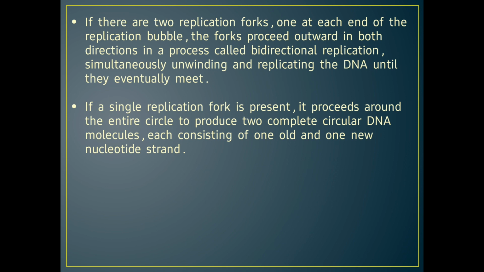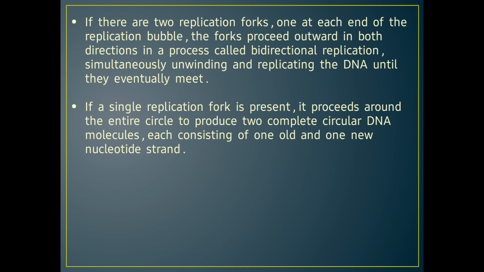If there are two replication forks, one at each end of the replication bubble, the forks proceed outward in both directions in a process called bidirectional replication, simultaneously unwinding and replicating the DNA until they